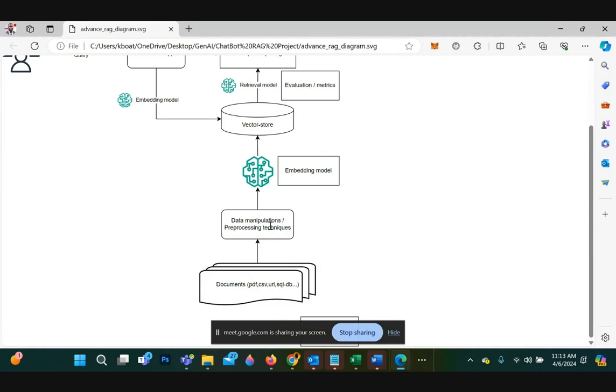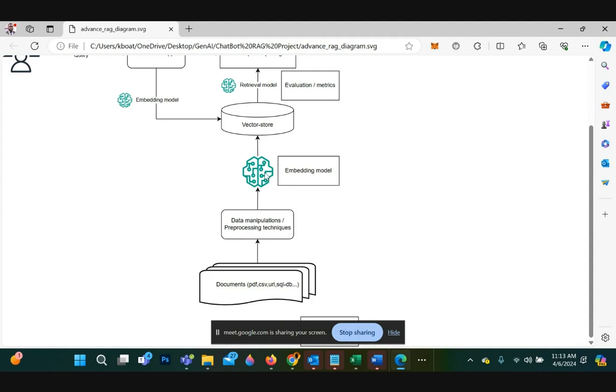So all these things I'm going to show in the Python code as well. So there's some data manipulations that need to be done, considered. And then that data is fed through the embedding model.